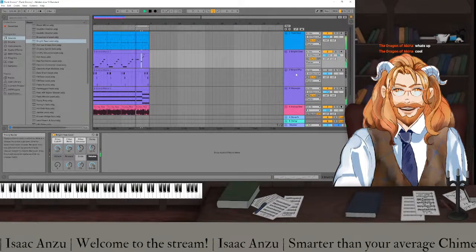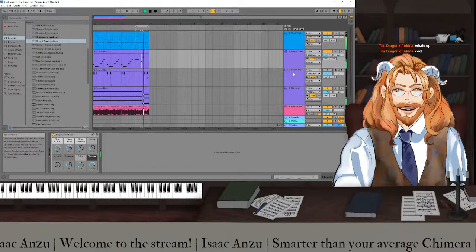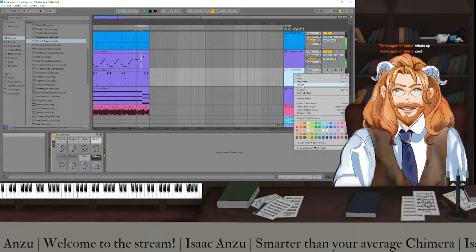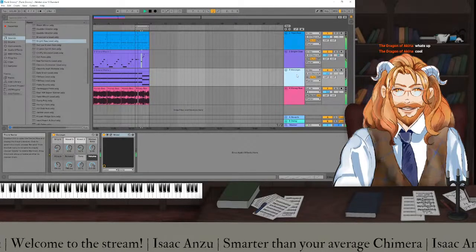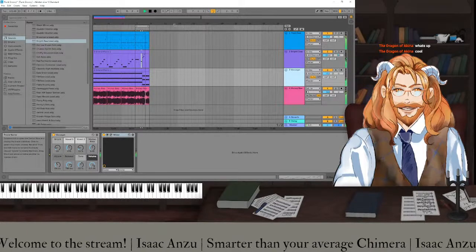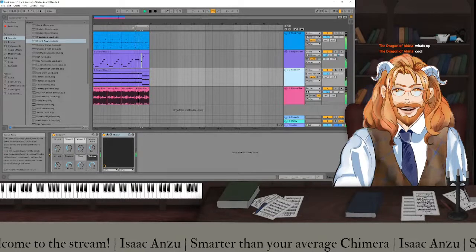And actually, I'm going to say that we really don't need the guitar part copied. All right.